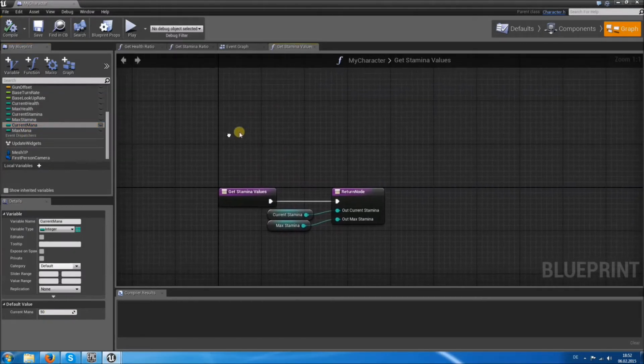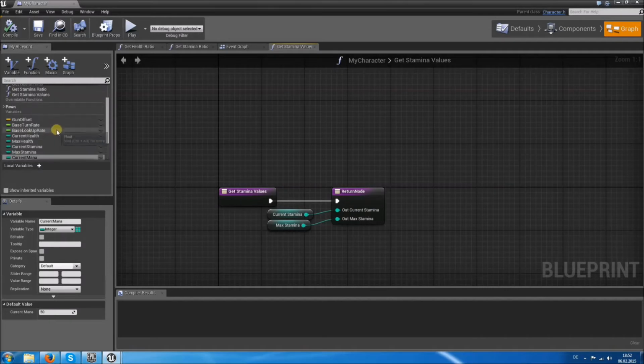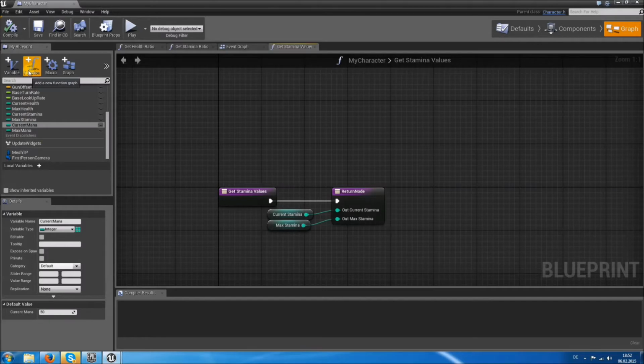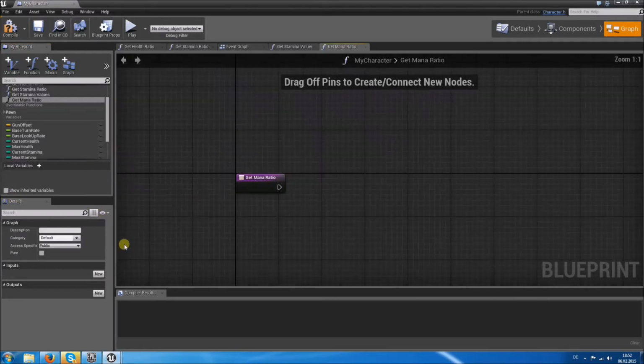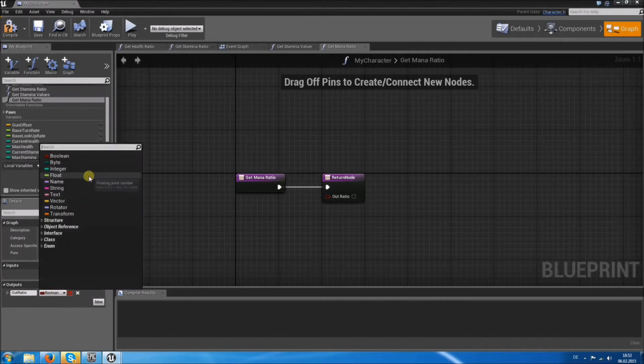So in order to get them, I add a new function, where we just need the ratio of the mana. So we add a new function which is called get mana ratio, and the output would be the ratio of current and max mana. So out ratio, which is of course a float,